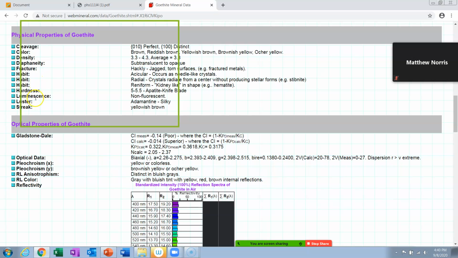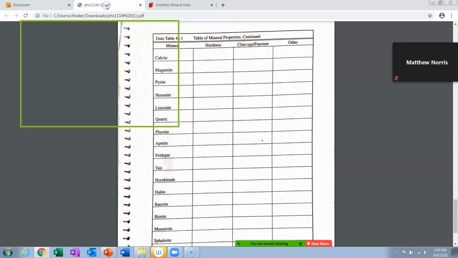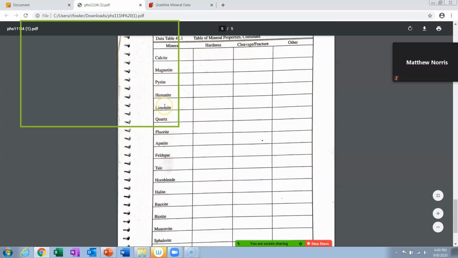do its luster, do its streak, do its hardness next, then cleavage slash fracture, and then do its density. Always do the density in number 6. Don't just pick any other, do density. Okay, so that was one example of one that you won't find as is. So what you do, find one like it. Goethite. Quartz, I know you can find.